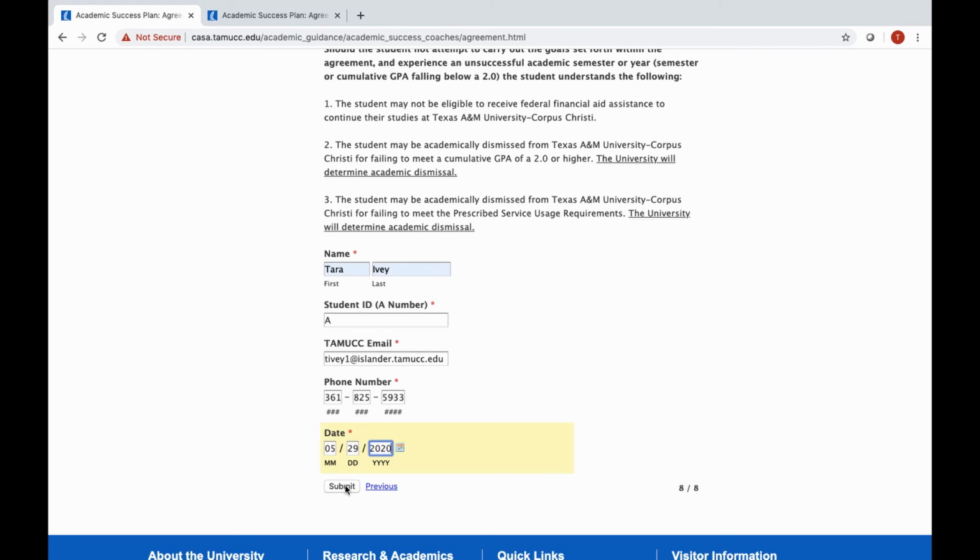And then once you get that completed, oh, don't forget your A number. 0, 1, 2, 3, 4, 5, 6, 7. Yours is going to be something like A042, A041, A040,